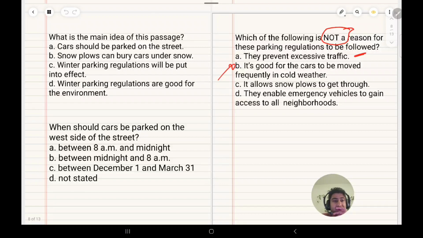It allows snow plows to get through. No, they enable emergency vehicles to gain access to the neighborhoods. Yes, I think so. This will be the answer because excessive traffic, mostly they have confused you guys. One line, but they have made 2 points, right? A also, D also. They prevent excessive traffic, yeah, because we were talking about